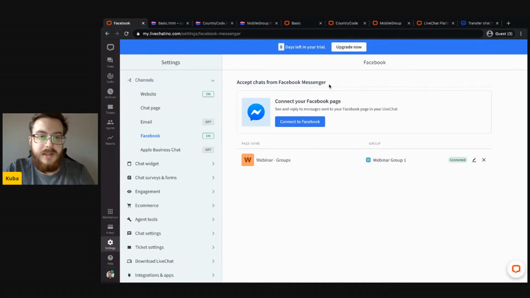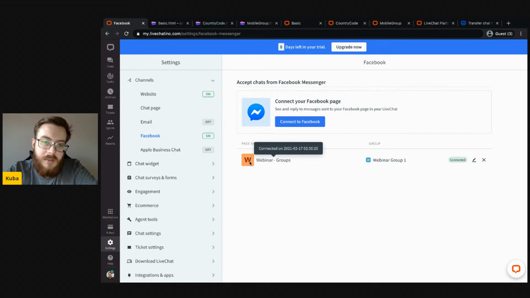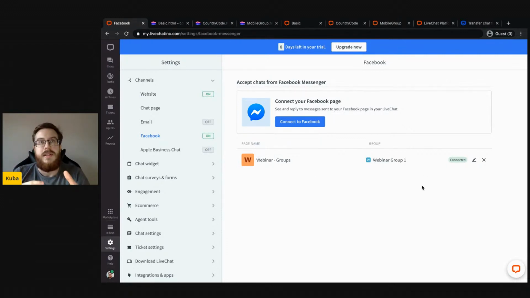You can route chats from Facebook Messenger to a group. In this case, I created a test fan page that's called Webinar Groups, and all chats from that fan page will go to the group that's called Webinar Group 1. Such a thing allows you to